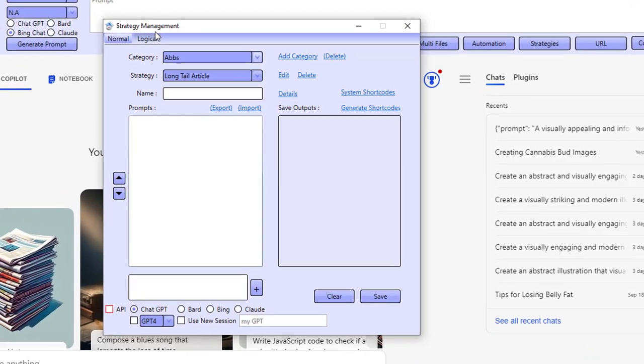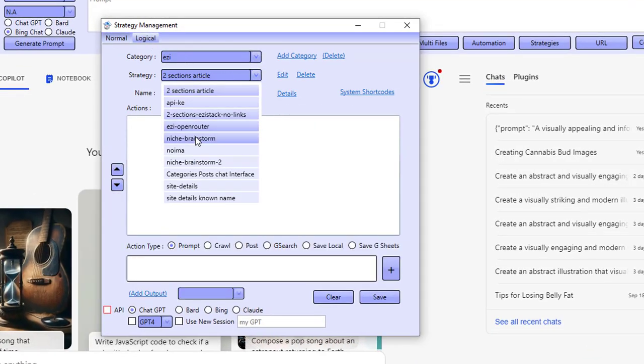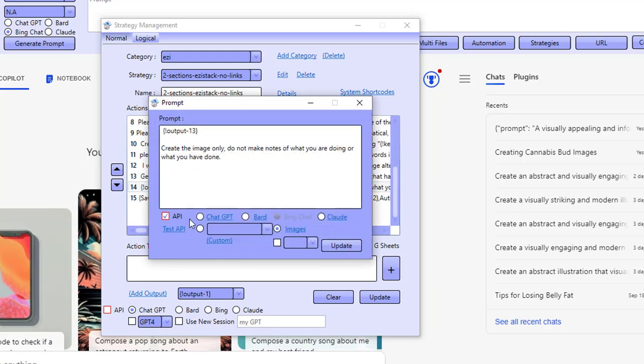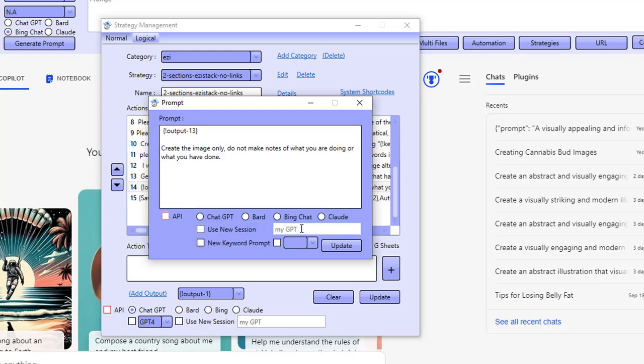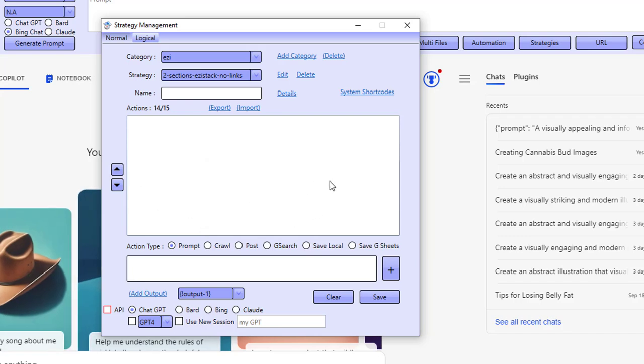I'm going to go over to strategies, and I'm going to change this image prompt to use Bing. Okay, so here we go. You did notice earlier that this was actually on Bing. So I'm going to go ahead and uncheck the API and say I want to use Bing Chat, and I'm going to click on update. So what we're doing now is we're using Bing Chat to create the images for us, but everything else is